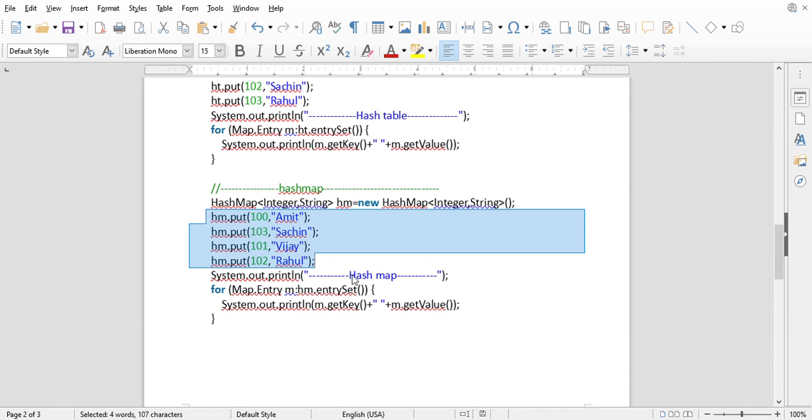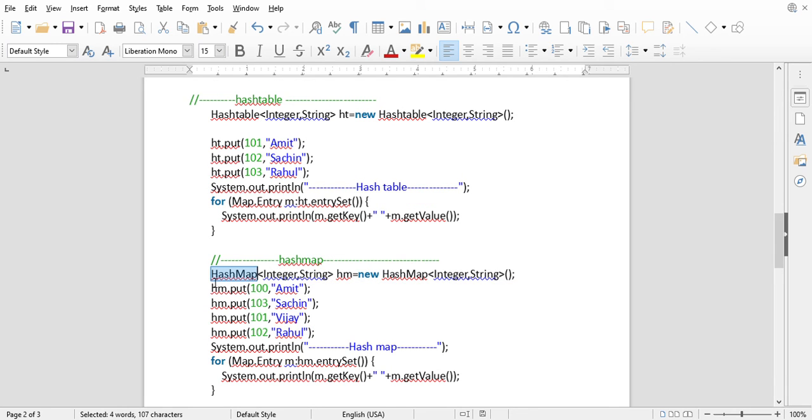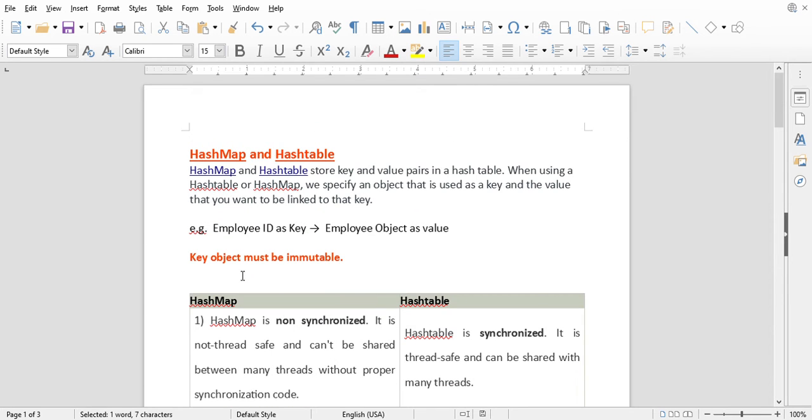And this is how you can actually use HashMap and Hashtable in Java. The important difference you should remember is whether the map is accessed by multiple threads or one thread. If the map is accessed by multiple threads, then you should go with either Hashtable or ConcurrentHashMap, a class introduced in Java 8, which you can use. If it is just a single thread accessing your map, then you can just use HashMap, because HashMap is fast, it's not synchronized, so it is fast compared to Hashtable. So those are the important things.